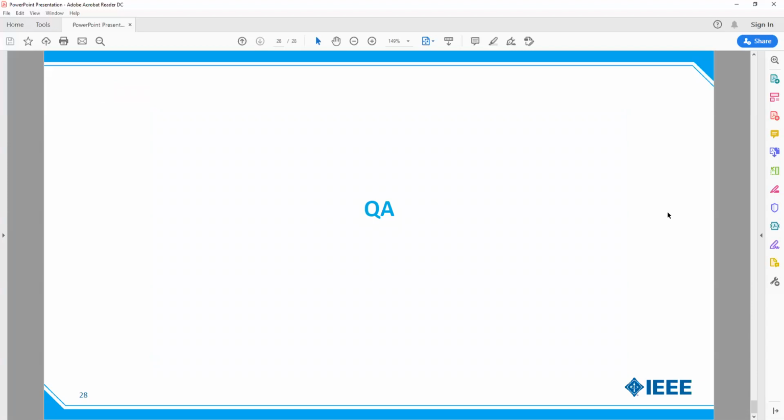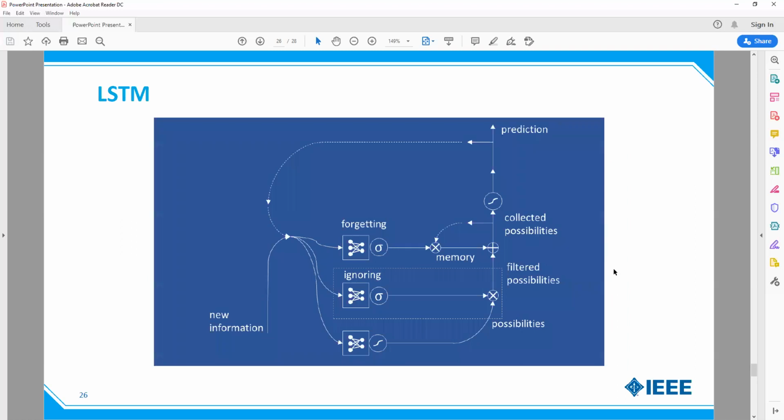Are there any questions regarding LSTM? Okay, so if there are no questions regarding LSTM,